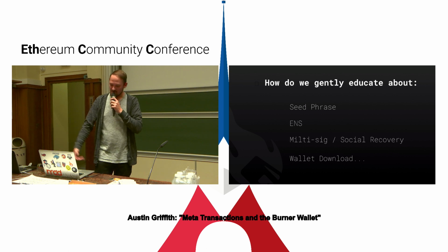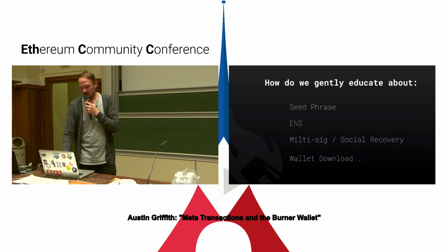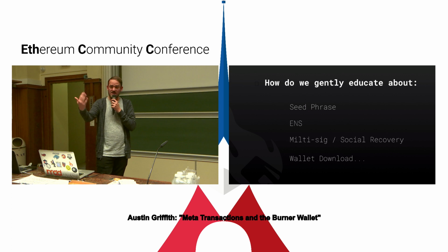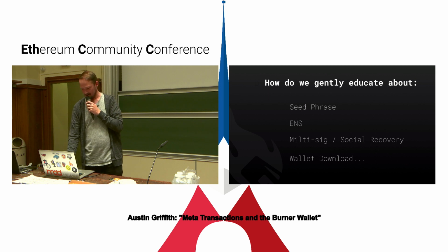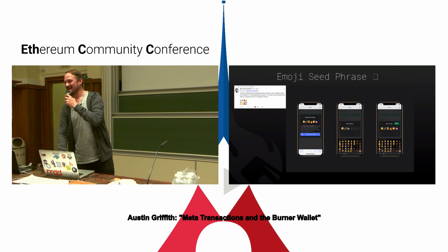Yeah, social recovery is kind of part of that. And then probably a wallet download, right? If you have too much money in the burner wallet, it probably should scream at you and call you a knucklehead and tell you to go download Balance or something like that, right? Can they download Balance? It's not even live yet, is it?